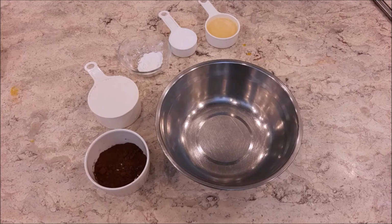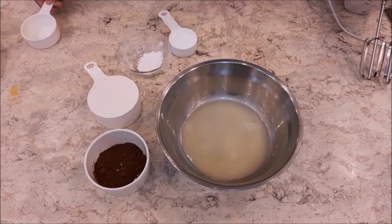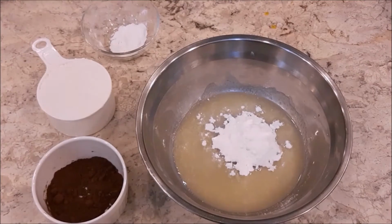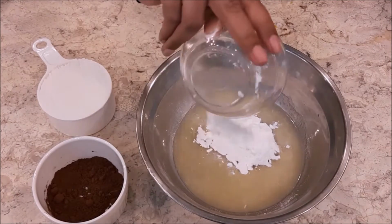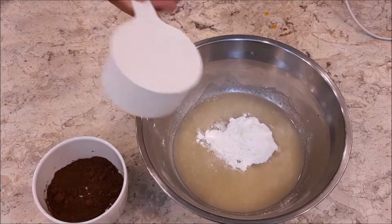Hi guys, here's how you make easy and delicious 5 ingredient chocolate biscuits. First, you add melted butter, followed by caster sugar, baking powder, all purpose flour,